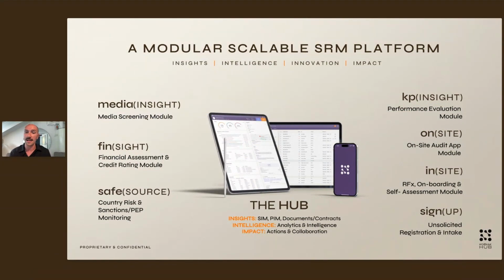The solution itself is helping our clients build smart supplier scorecards. And that's one of the focuses that we're going to have today: our best practices, how you're able to build a smart supplier scorecard, but also the importance in today's day and age of building smart supplier scorecards as well. The company was founded back in 2016 by our founder and CEO,